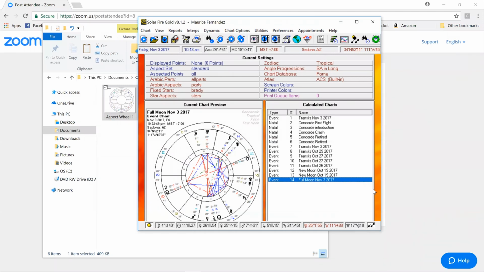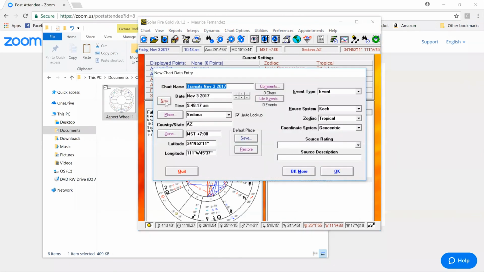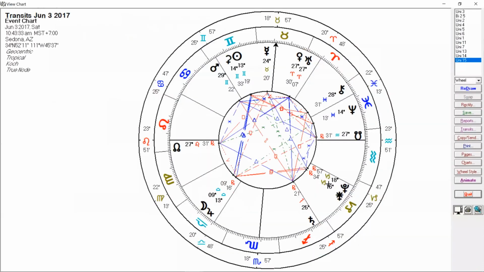Right? And the conjunction was on June 3rd, 2017. So you see here,